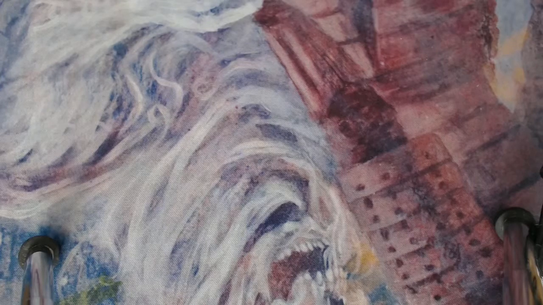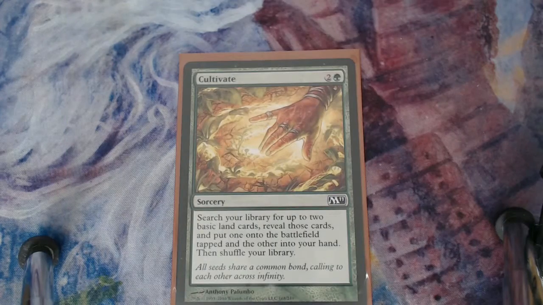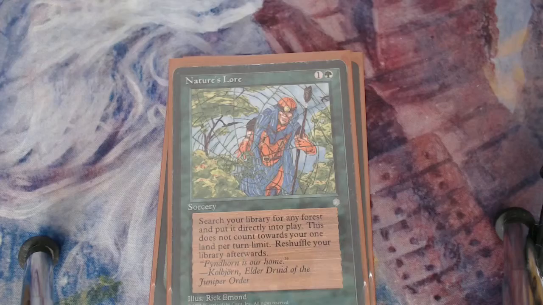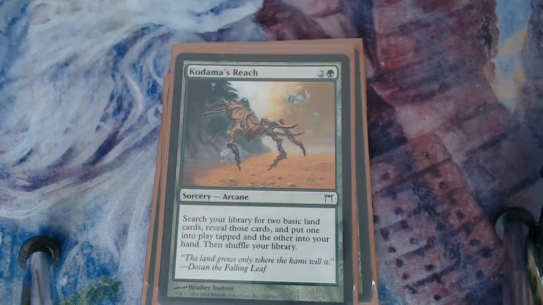All good card draw. The problem I had the other day when I played this deck, I drew absolutely no cards, and it was wildly frustrating. Got some Ramp, Cultivates, Harvest Season, Nature's Lore, Rampant Growth, Kodama's Reach,